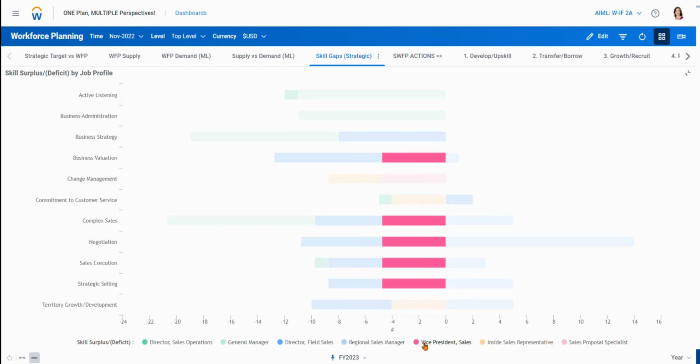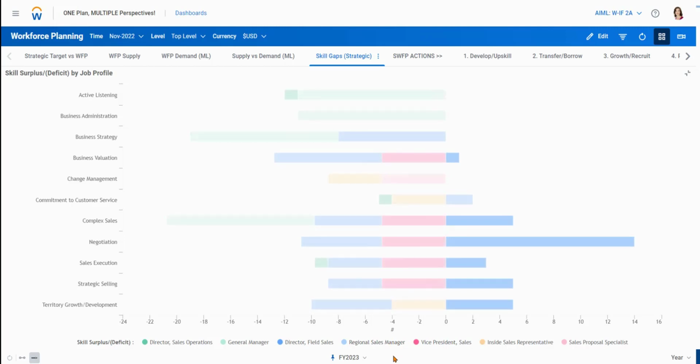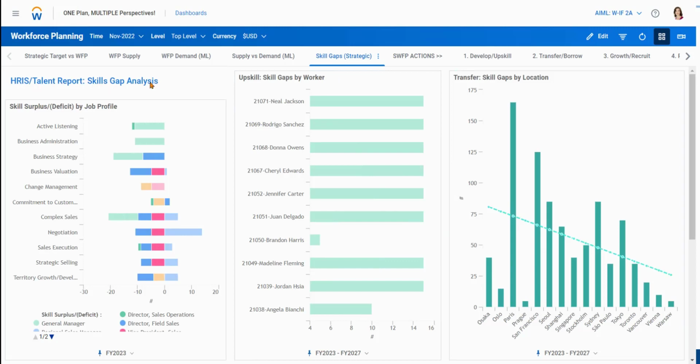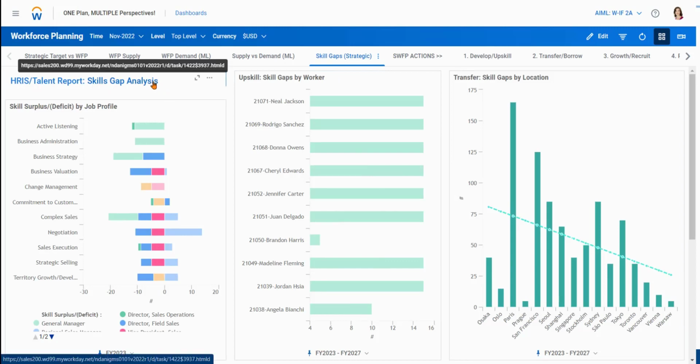We can also focus on a particular skill, such as negotiation. We can see that the regional sales managers have a surplus of negotiation skills, whereas the vice president sales position has a shortage of negotiation skills. This supports a succession planning strategy. However, if an HRBP wanted to pursue this particular workforce action, they would still need to understand which particular regional sales managers have a surplus of negotiation skills so that they can consider those individuals alone as succession candidates for